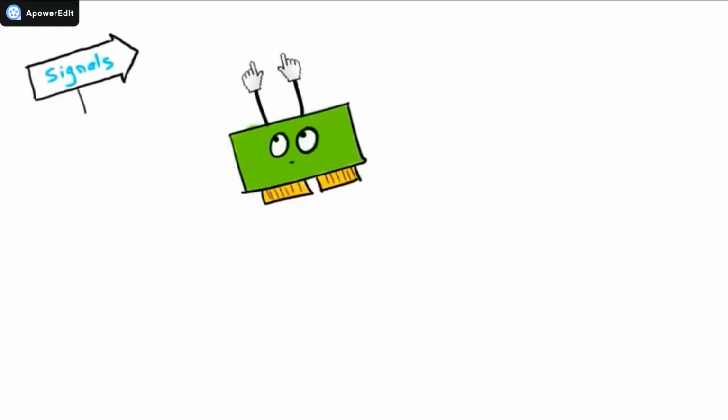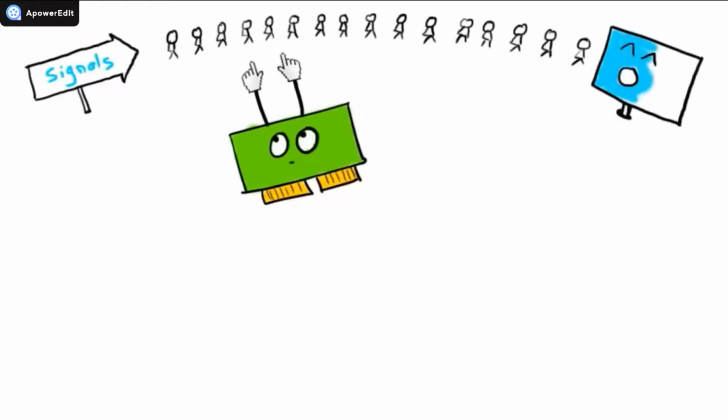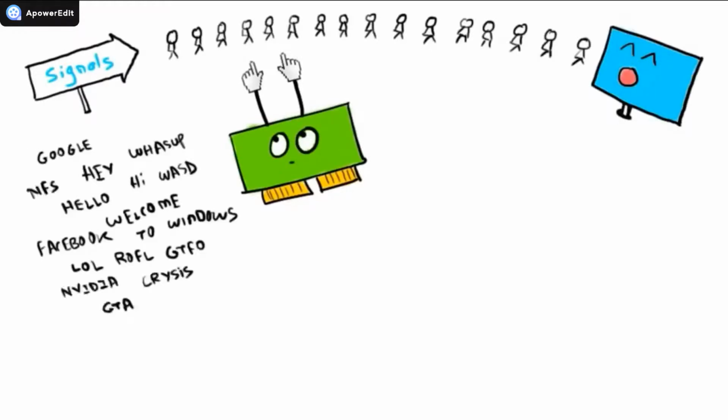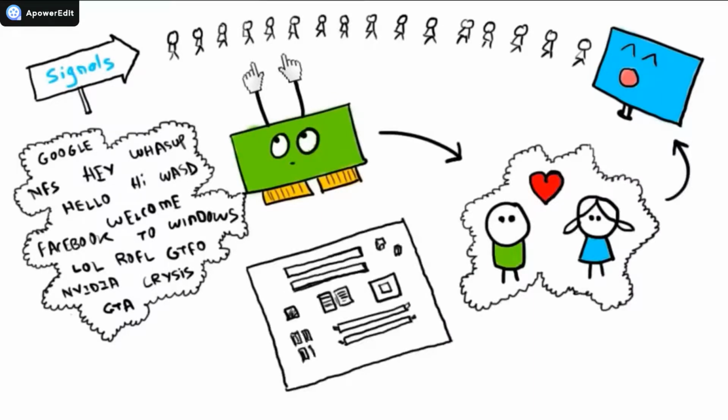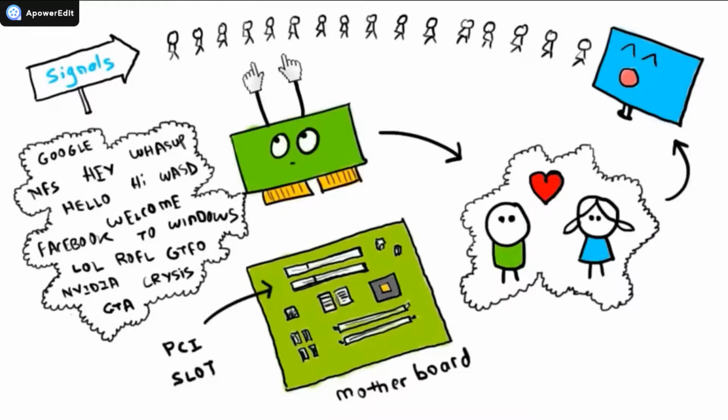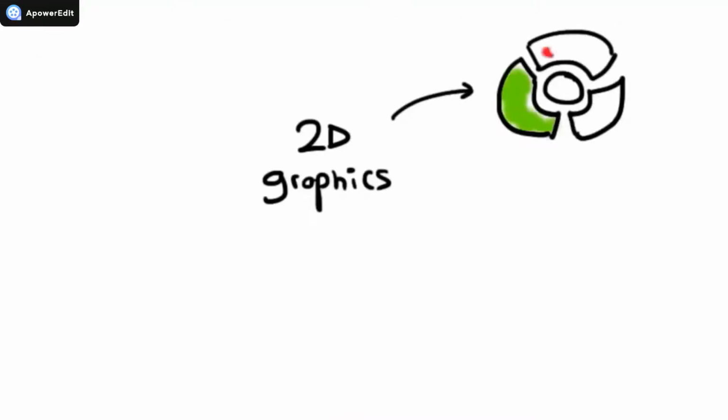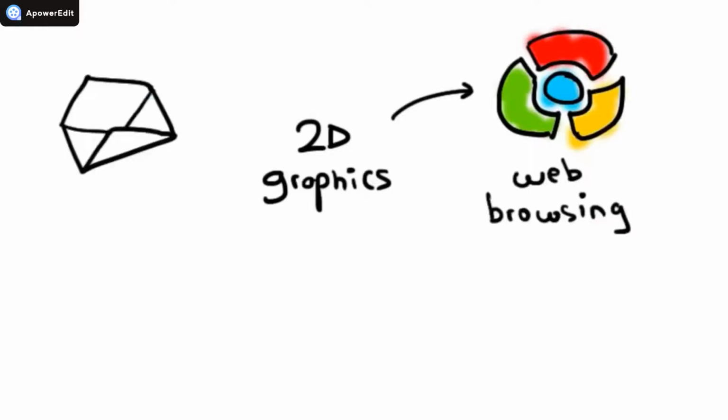A graphics card is a component which renders the signals that are sent to the monitor, and is responsible for generating all the text and pictures on your screen. It's called a graphics card because it can be inserted in a PCI slot on the motherboard. 2D, or two-dimensional graphics, is the kind of graphics you see when you use a web browser, check email, or work